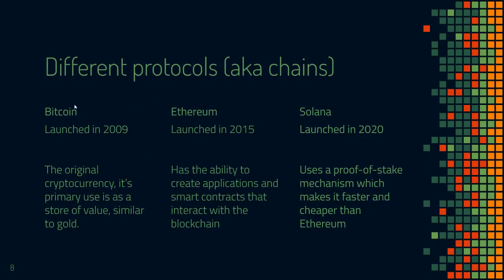We also want to talk about, obviously, a few different protocols. Bitcoin, Ethereum, Solana. Obviously, there's tons of other ones. But the important thing to note here is they all have different protocols. They all interact differently. All of the validators and things on these networks are processing things differently.